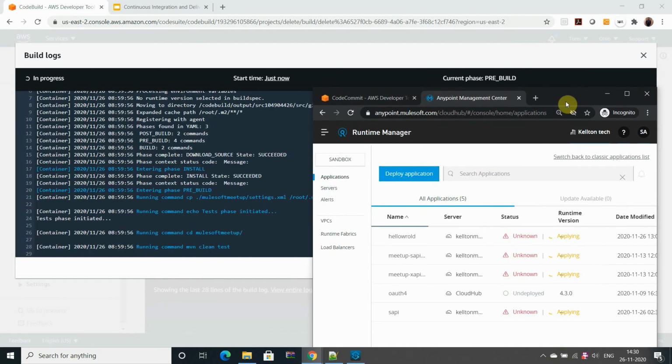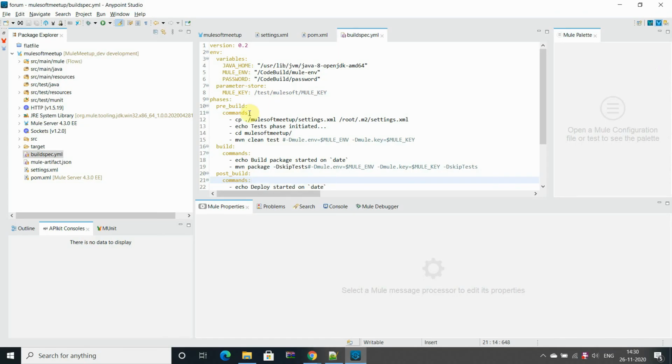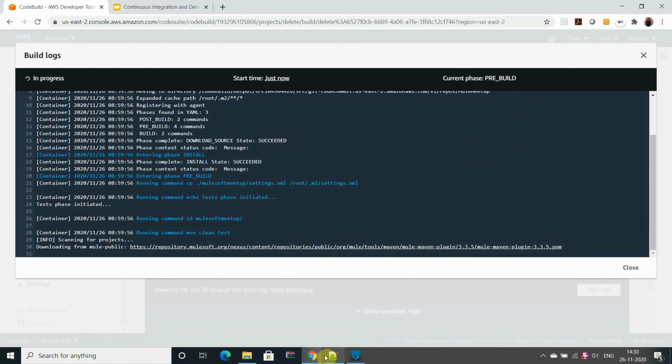You can see it has started the Maven clean test, the first step of the build, in the pre-build stage.